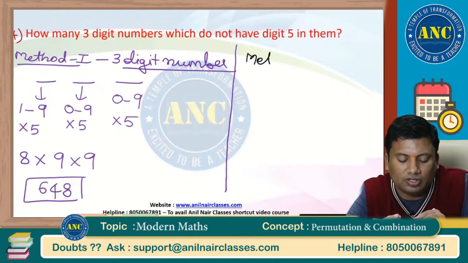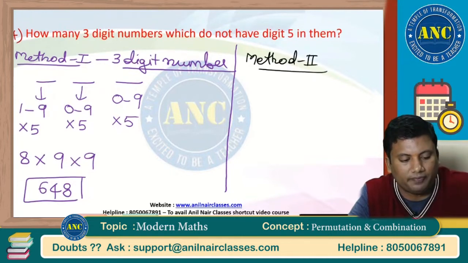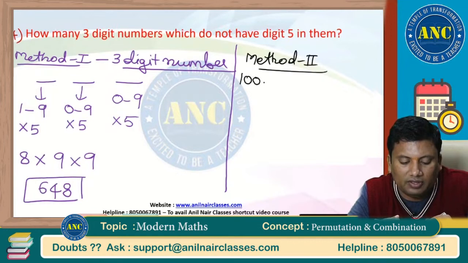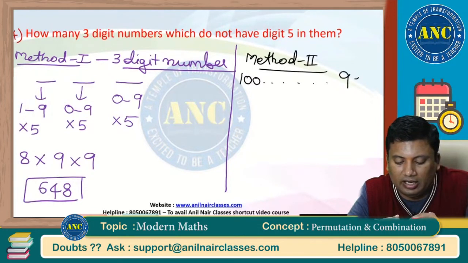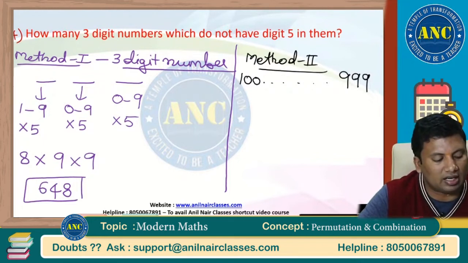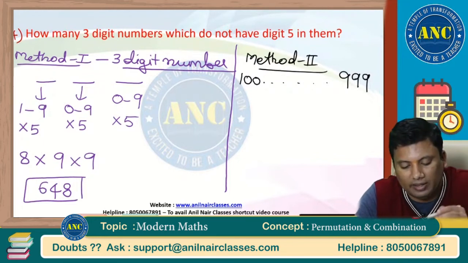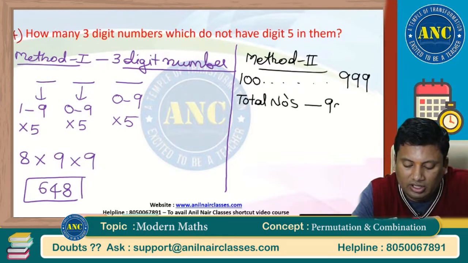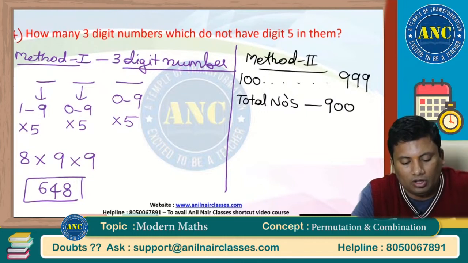Method number 2. Sir, can I use that 19 number logic? You can use it. 3-digit numbers start at 100 and end at 999. So the total is nothing but 900 3-digit numbers. Out of which